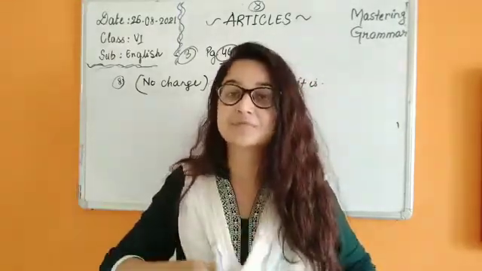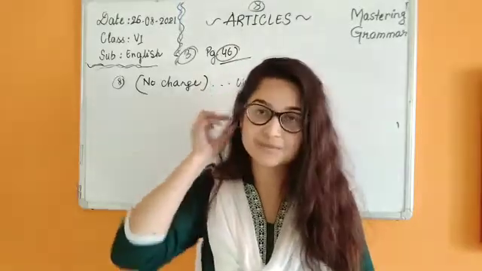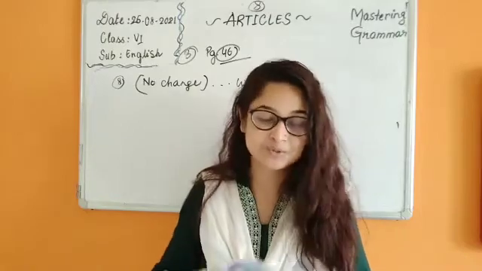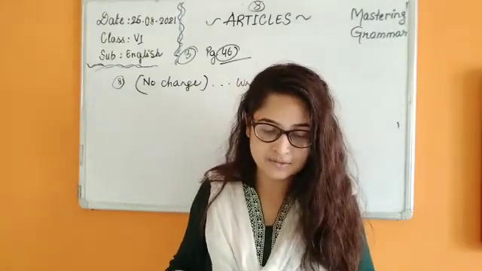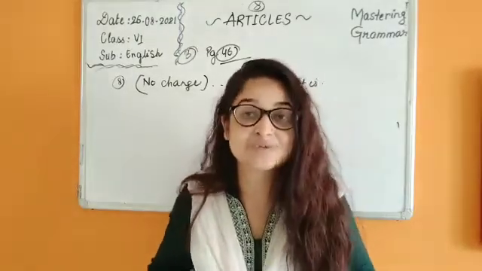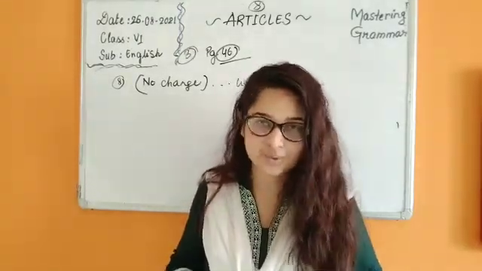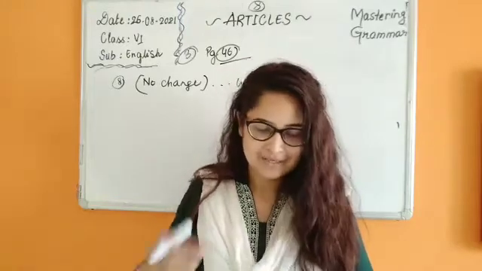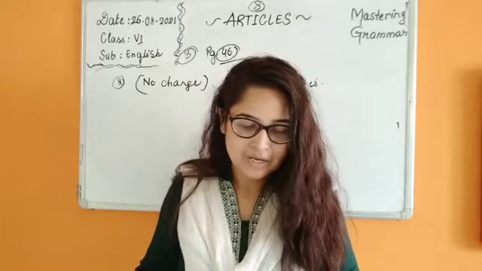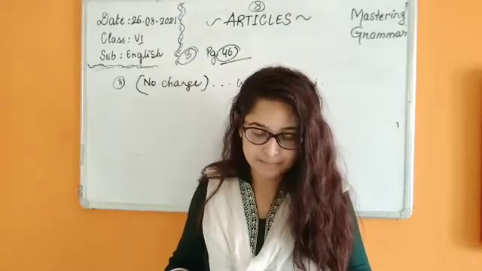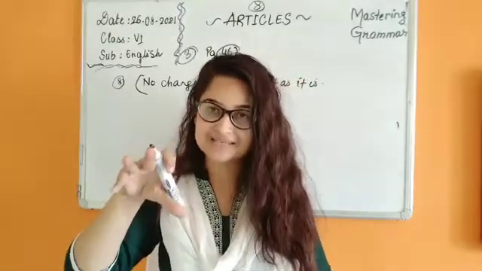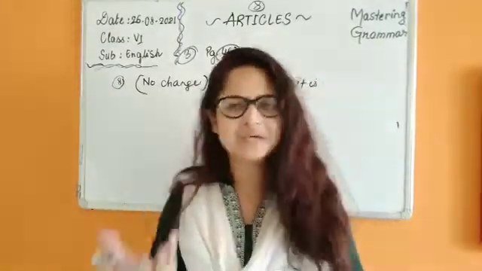Before abstract nouns, before happiness, honesty, we have already learned what abstract nouns are. So we are not going to use the or an or a before abstract nouns. Before material nouns also you are not going to use it, like gold. A gold, no. The gold, no. When we are specifying, we can definitely use it. We cannot survive without water, but we also say the water in the jug is chilled. When I am particularizing the water, I can say it.